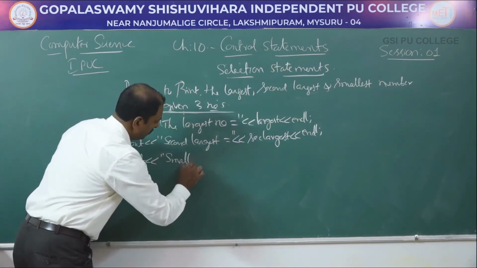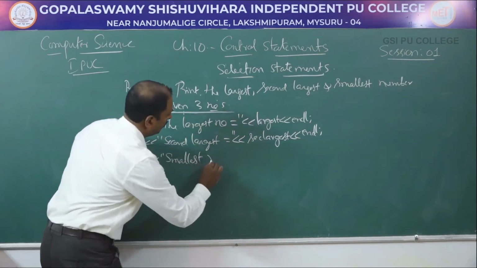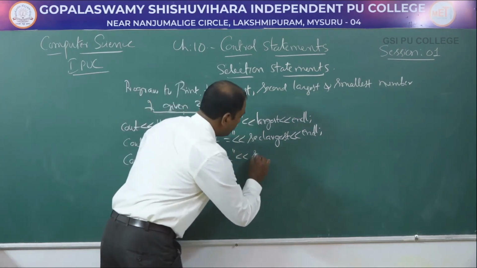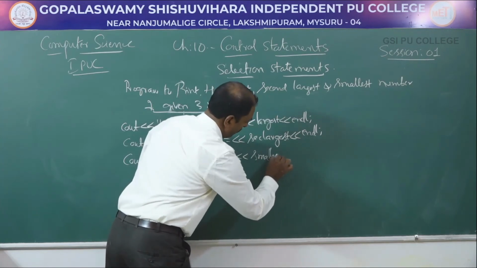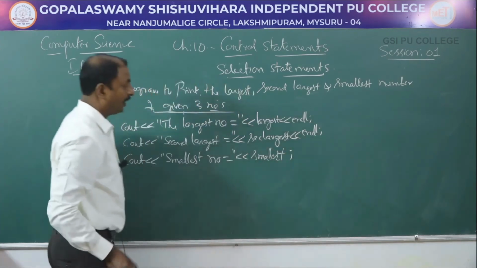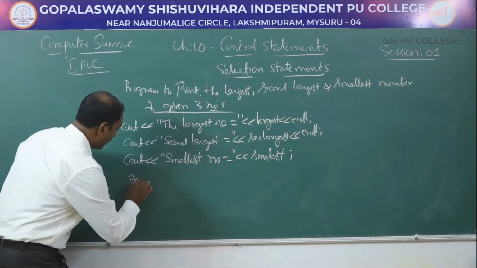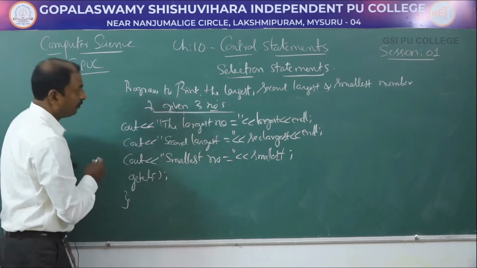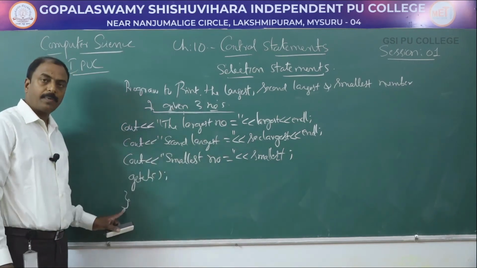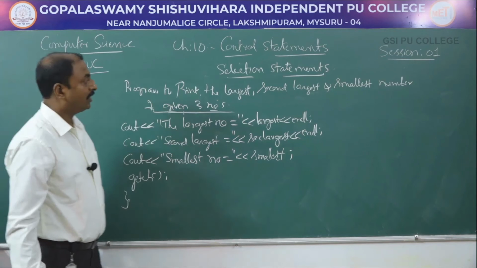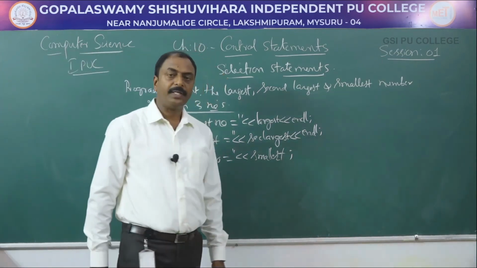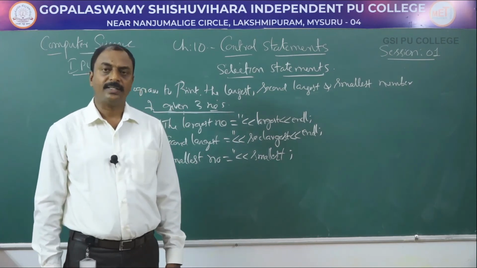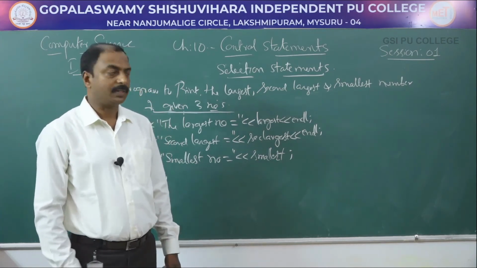Next one is to print smallest number equals, the variable is smallest, semicolon. Then close the program with getch function and the main bracket. So this is the program statement to print the greatest, smallest and second largest of three given numbers, and